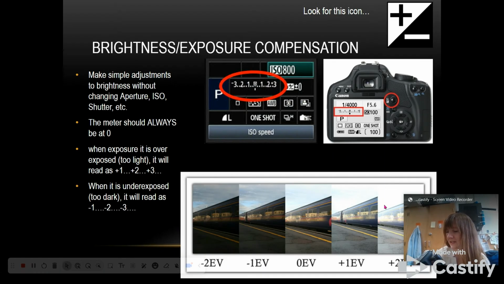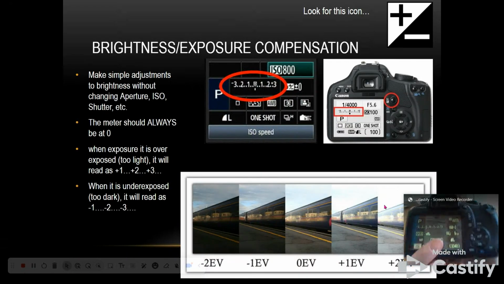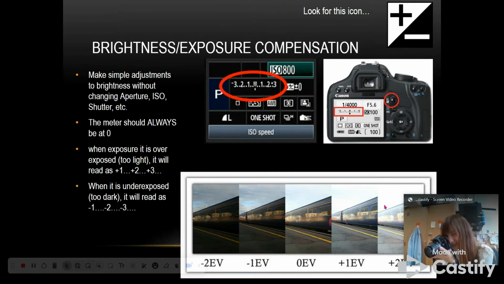Okay, I'm going to take it again by holding down the AV button and turning my crank dial, and my ticker should appear under the -1. And I'm going to take it again, same scene,